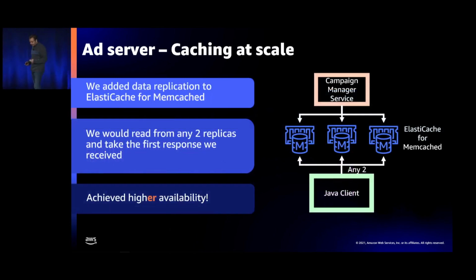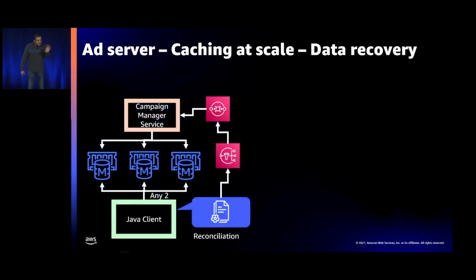Okay, more innovation was needed. We said, why not create multiple replicas of the Memcached itself? So we created a campaign management service which started writing the data into multiple replicas of the cache systems. The Java client also became a little smarter. It would randomly pick any 2 of those replicas, pull the data in, and just in case the data was not available in one of the replicas, the other replica at least would serve the request, and the ad server will continue to work fine. The business would continue to work fine. We achieved higher availability clearly with this. But the data recovery was still not there. What happens to the data that was lost? We had to somehow fix that.